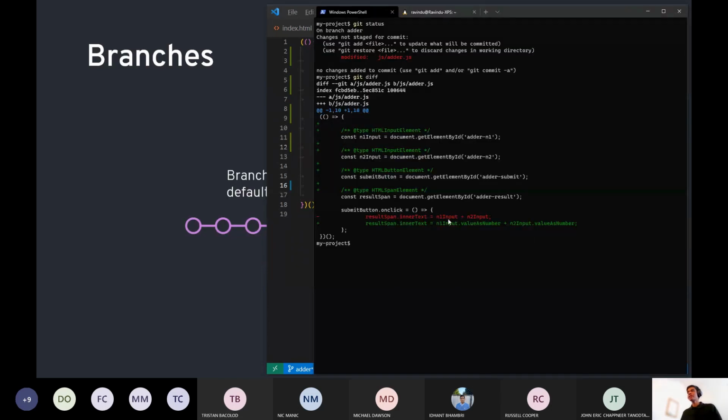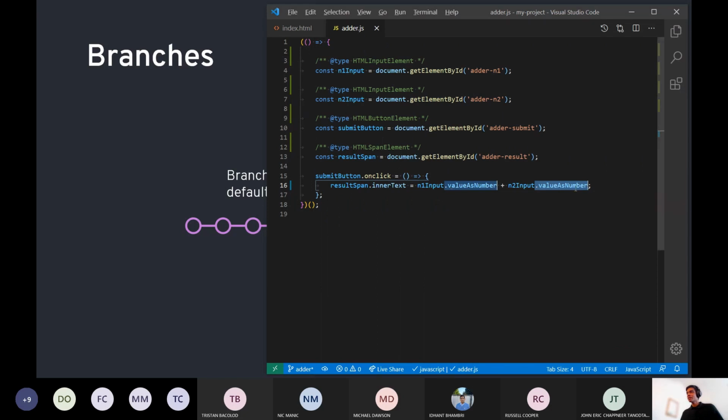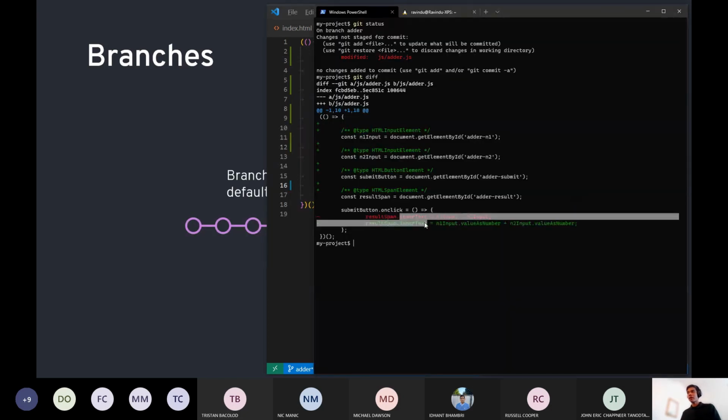But as I said, Git understands this to be removing a line, removing the previous line, and adding a new line. So again, this change is equivalent to just adding this bit. But just bear in mind, this is how Git diffs are always line-based. So this is how Git understands your change. So once again, let's stage our changes, and let's commit our changes as fix adder logic.